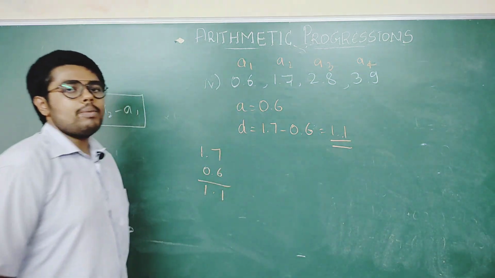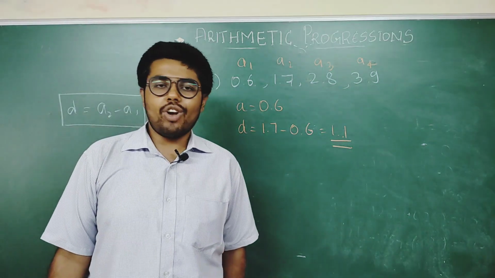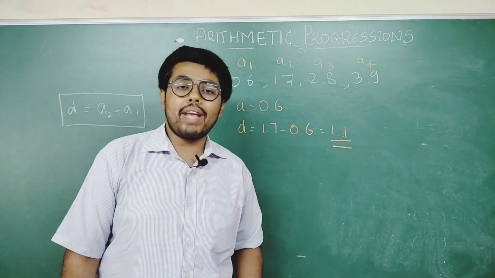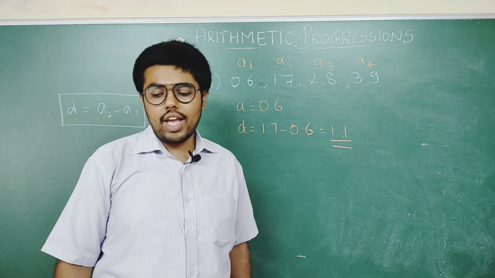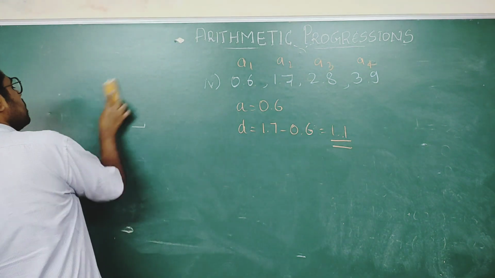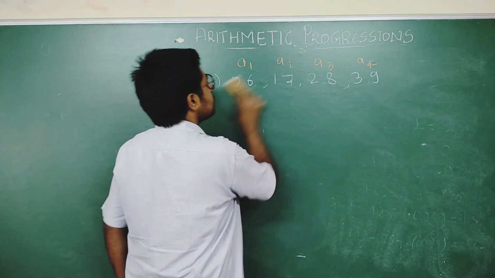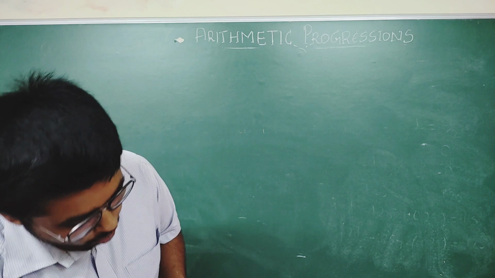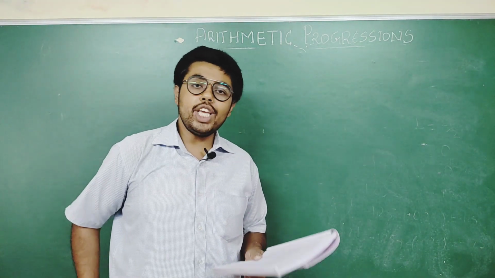These problems are very easy, right? You just find the common difference. I hope you understood it in a proper way, not a mechanical way. You should understand it properly so that it becomes very easy to solve the other problems. So there are 4 problems. I solved 3 problems. You can definitely solve one problem by yourself.